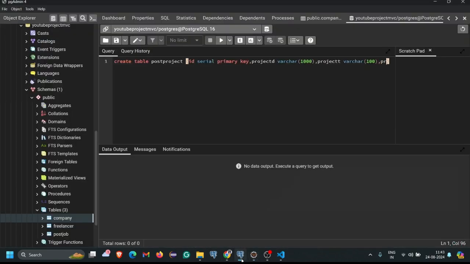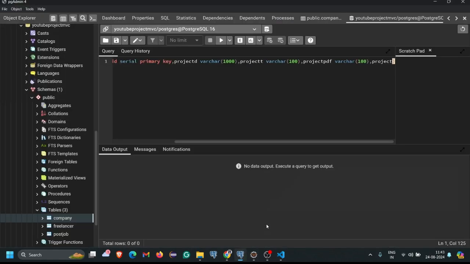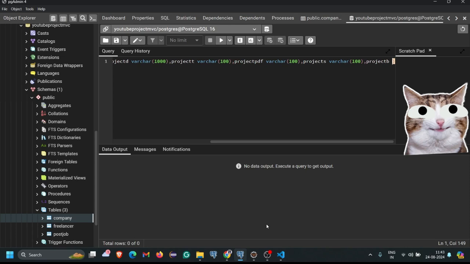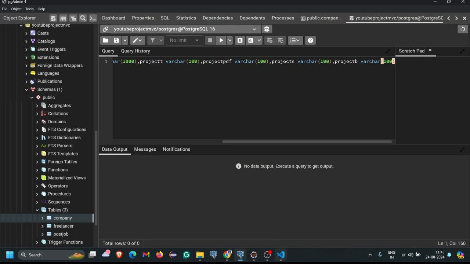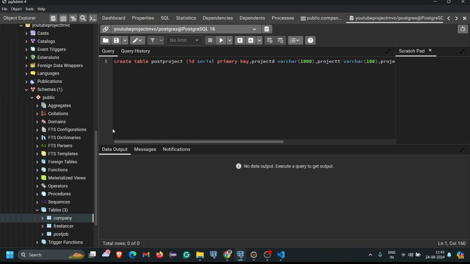Okay, so project PDF varchar 100. Then project S means skills, and budget. Okay, S varchar 100. And the last one, project B, so budget varchar 100. Okay, and we have to take two more things here, that is the company name as well as the email. Okay, so comma